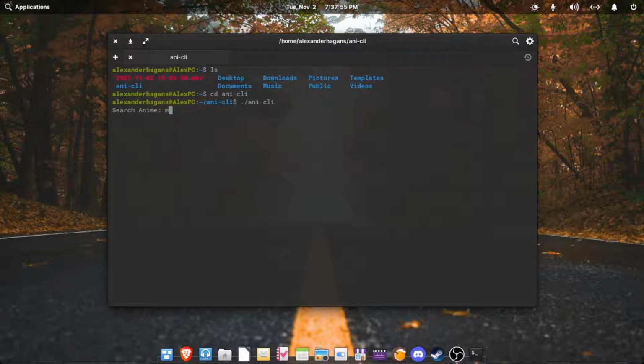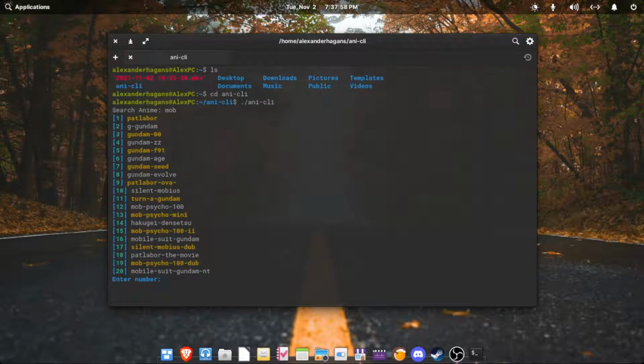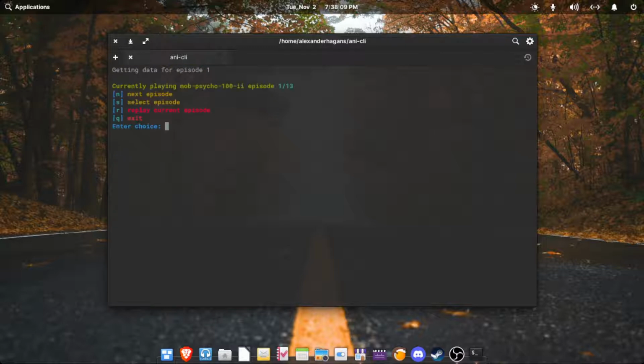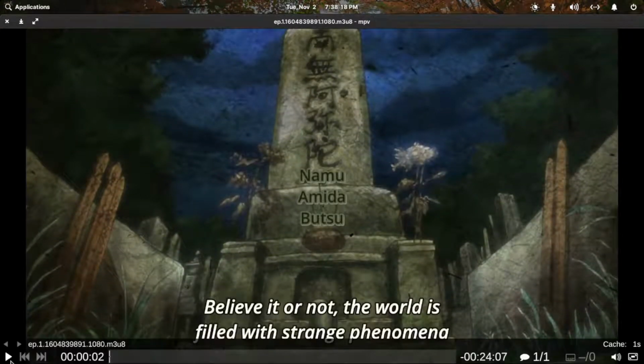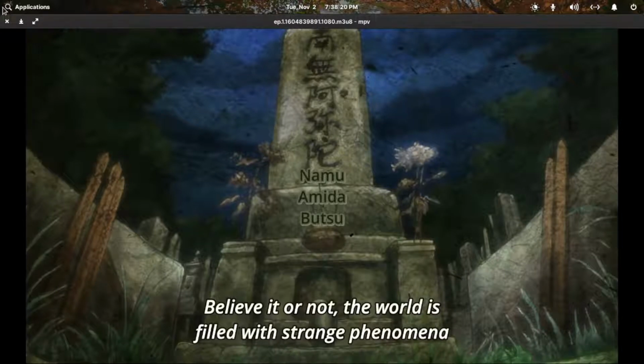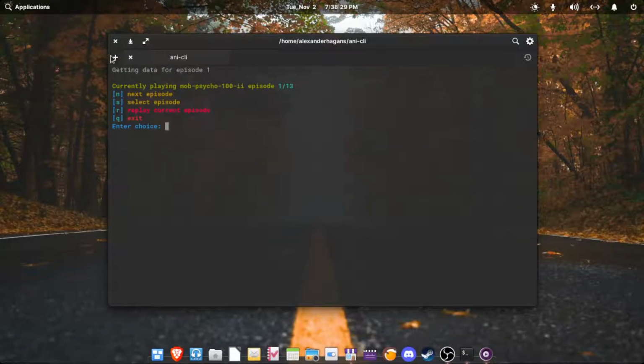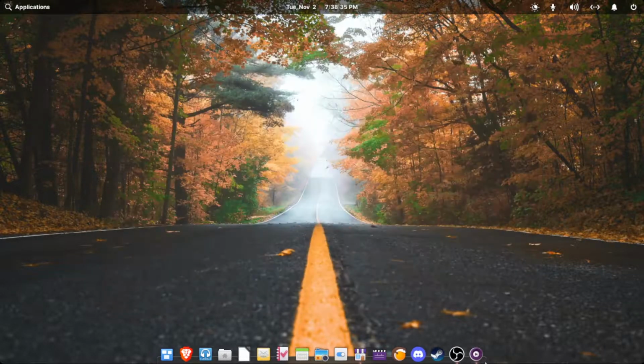So what I've been doing is I've been watching Mob Psycho 100 because I never watched it before until then. So as you can see here, search up anime, put a number, put in the episode. I'll just input it there just so we can get that for you guys. Do something like that. And there we go. We got ourselves anime right there from the terminal. So far, the coolest thing that I've done. That's the cool thing. So we'll just quit out of that. But that's cool as fuck, not gonna lie.